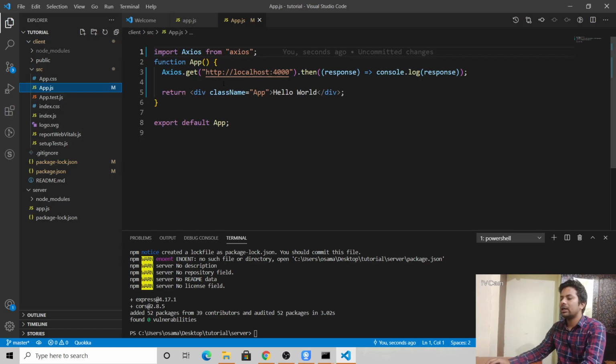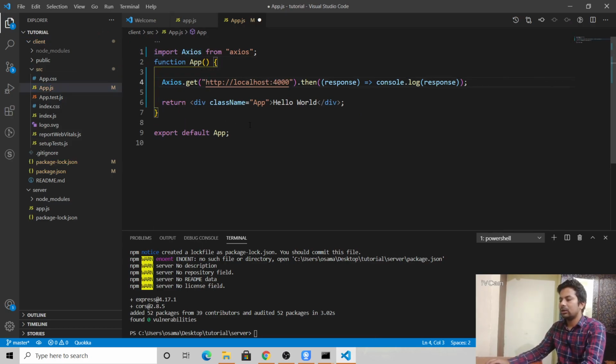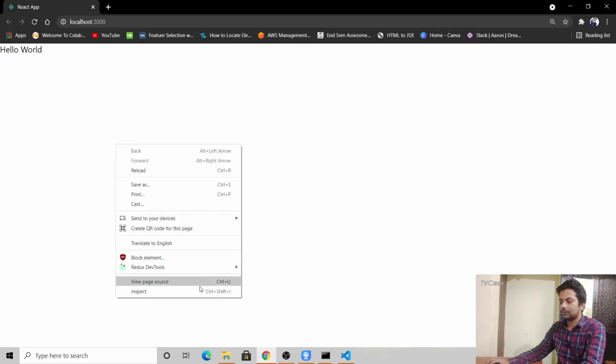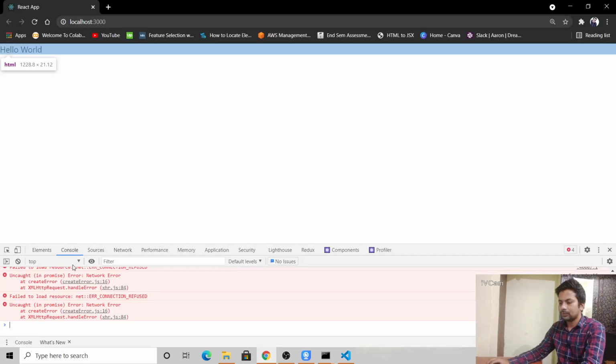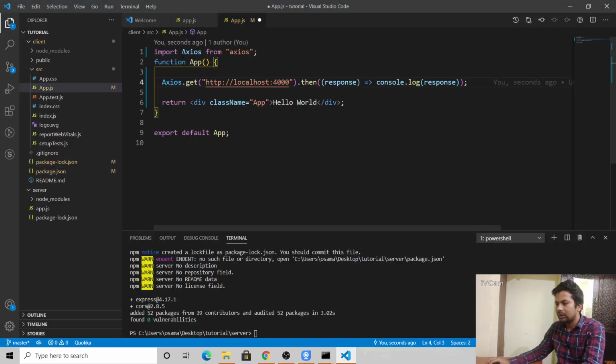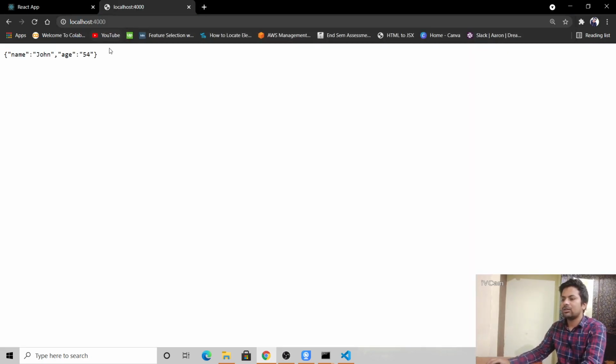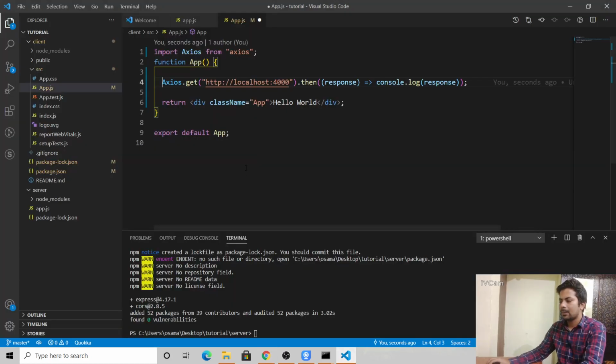Whenever we hit the API, it will console it. Let me check it. Network error, what's the network error here? Let me check if it's running properly. Okay, it's running properly, we can see it.